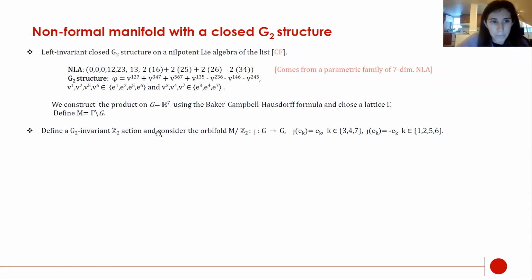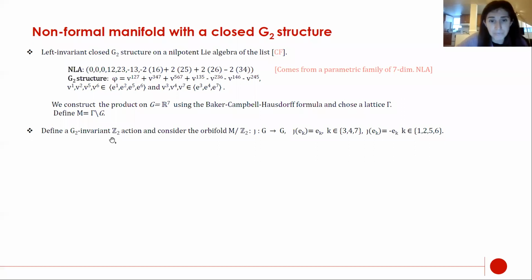So topologically, the associated Lie group is R7, and one can build a product using the Baker-Campbell-Hausdorff formula. And then we choose a lattice on this space, and we define M as the quotient of the group by the lattice. And then one has to define an invariant